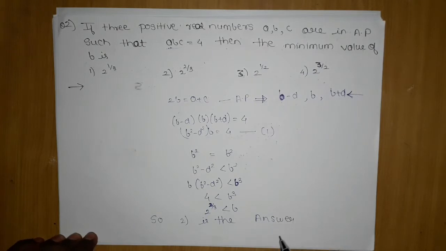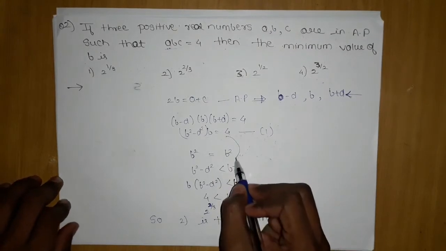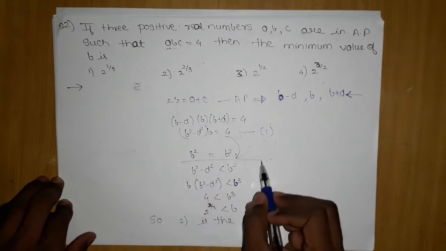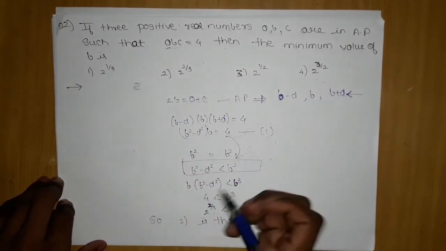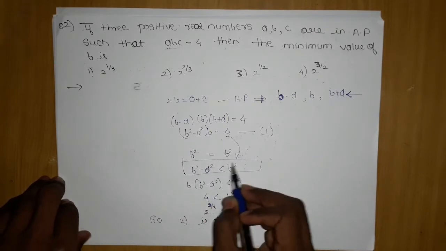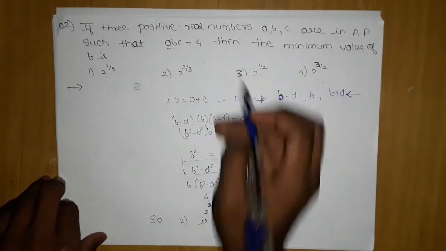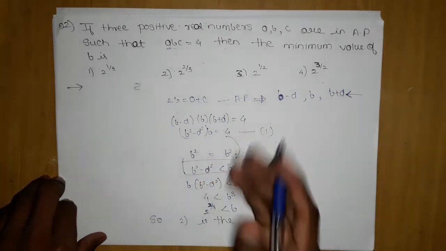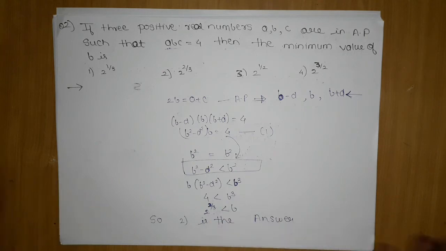Hope you have understood this problem. The conversion of equality into inequality is very crucial. How did we do it? First we said that both b square are equal. If I subtract d square here, then this will be greater. That is very general. Then I multiplied throughout; since it is positive, the sign remains the same. Then we know this value is 4, so we substituted it, moved this here, and got our b value.